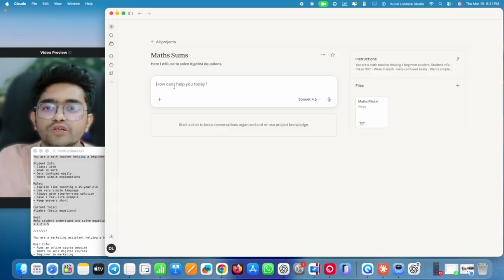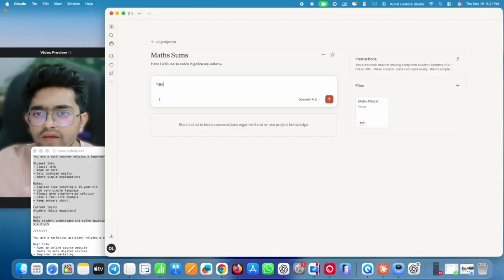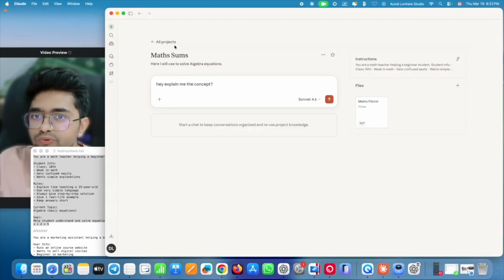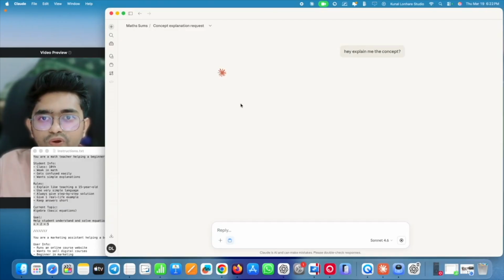Okay, so let's say I first ask, hey, explain me the concept. Now you are going to notice one thing. I have not yet taught this project what the concept is all about. But we have just given it the instruction about the algebra, so automatically it will understand that. Now if I click on the send button, you will notice